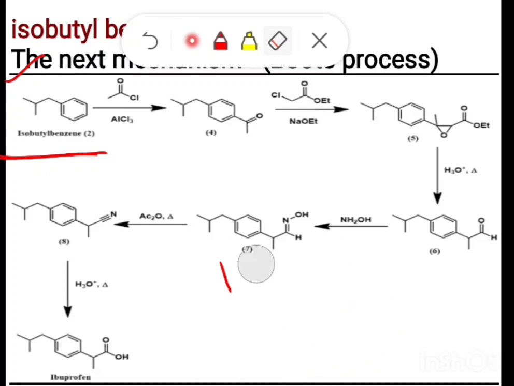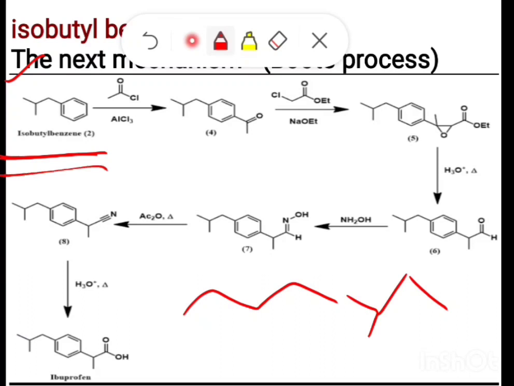How can we say? One is butane, 1 2 3 4. This is isobutane. So this is isobutyl benzene, and here again Friedel-Crafts acylation can take place